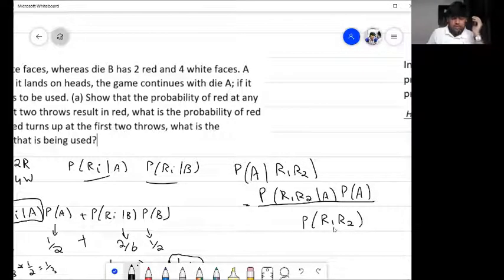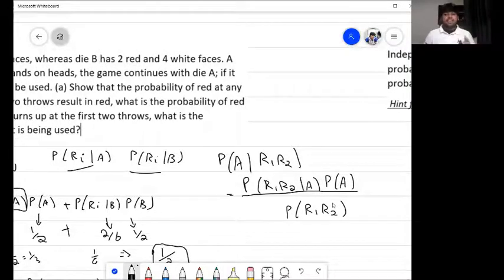R1, R2 is easy for us to expand, not strenuous, because we just have two terms, right? In the previous case, expanding it would have taken me a lot of terms. Here it's pretty easy because